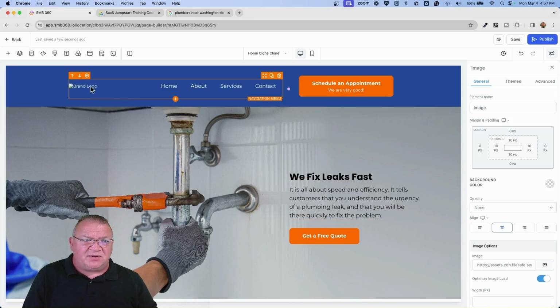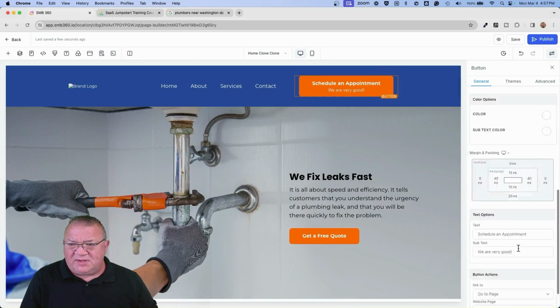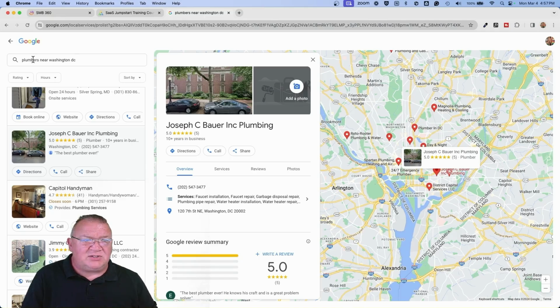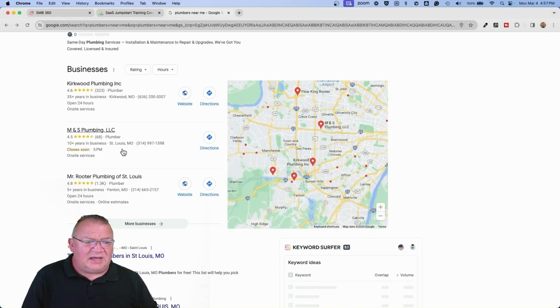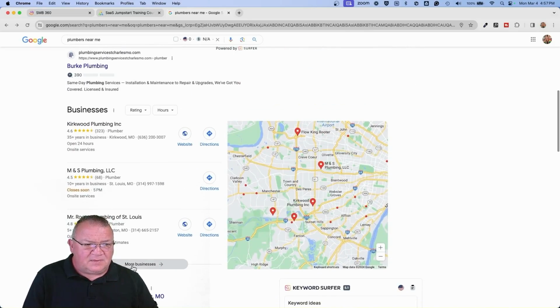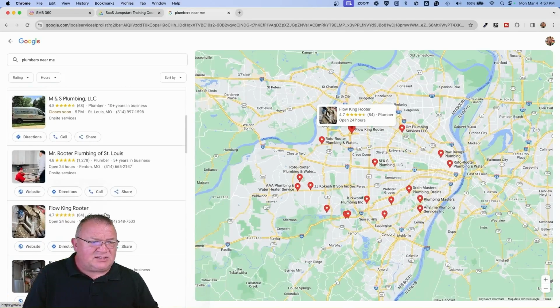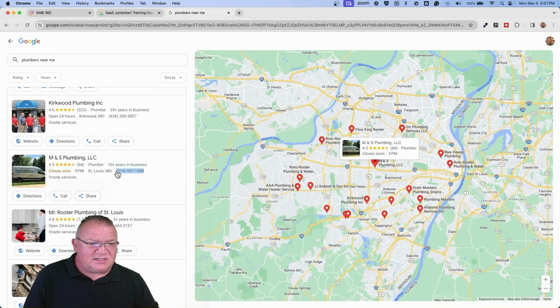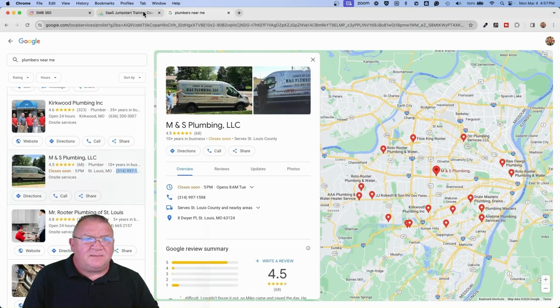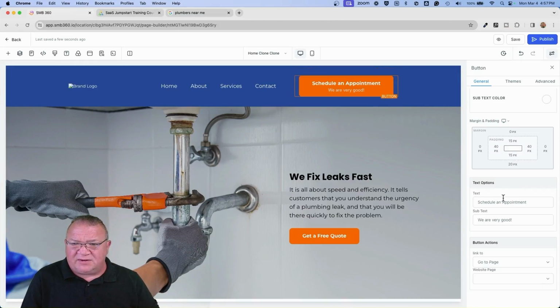But all you're going to do is put their logo here, maybe put their logo down at the bottom. If there's an area where it's a scheduled appointment, you might want to come back to this business area. I'm just not sure about this plumbing company. Let's just say that this is the phone number for this. So we can use this phone number. We can come here to the button, and maybe we can put the phone number down here. So now they put the phone number.